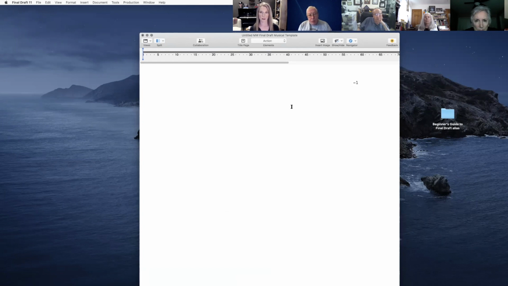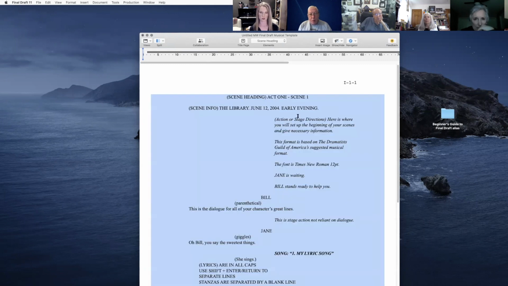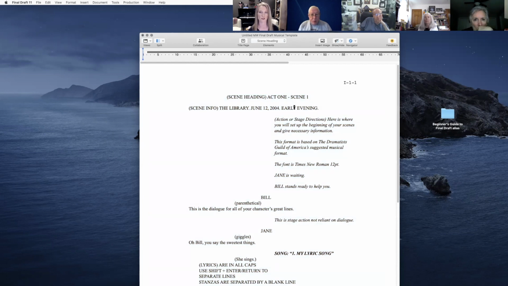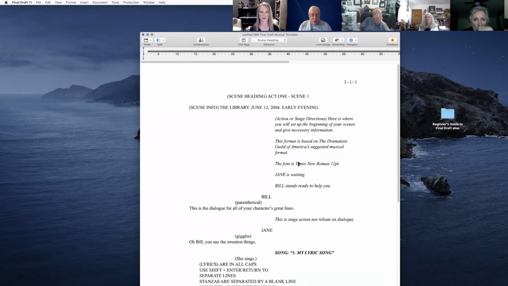The problem is everything that was in there, mainly the characters, are kind of in the document somewhere. So who are these people? Jane and Bill. Jane and Bill are characters in your story, and you would have to find where they are and delete them so that it doesn't remember that you're using Jane and Bill, which is fine. It's not hard to do, but I would suggest that once you get this good to go,